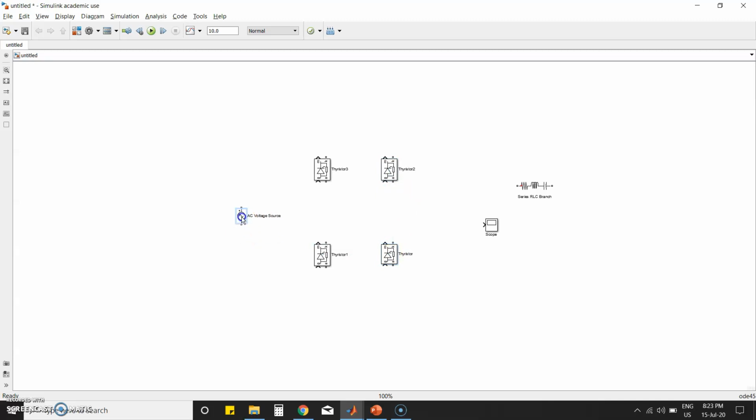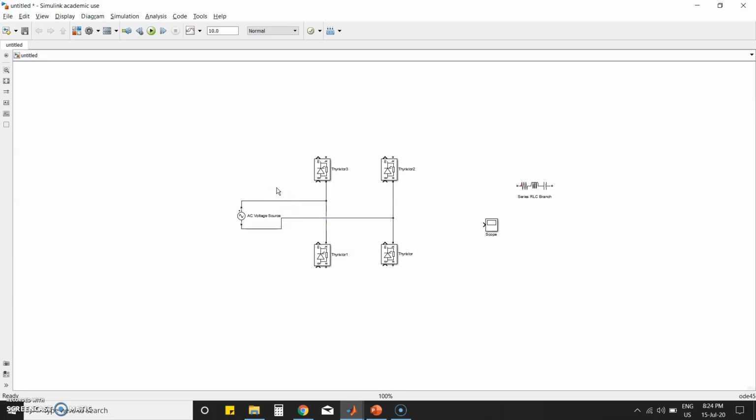We have the AC voltage source, anode to cathode here, and anode to cathode here. The AC voltage is connected to this point and to this point.